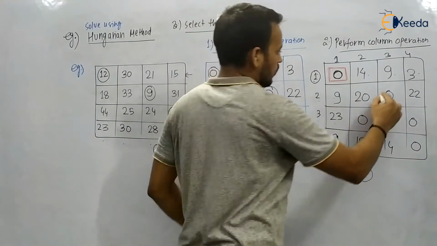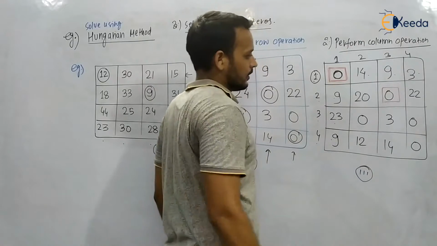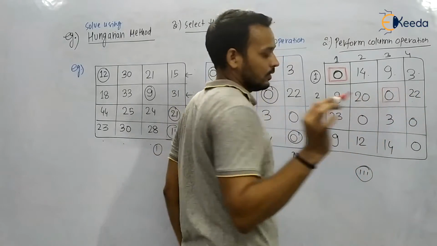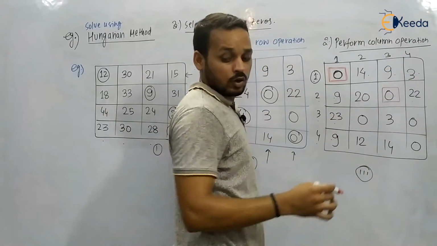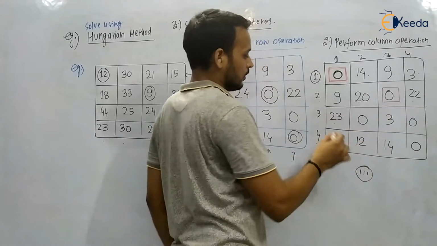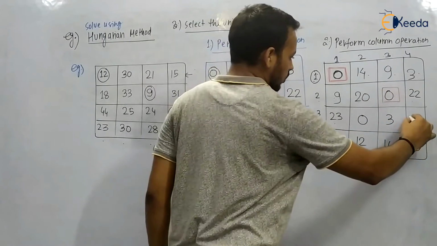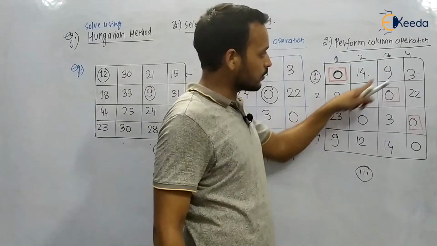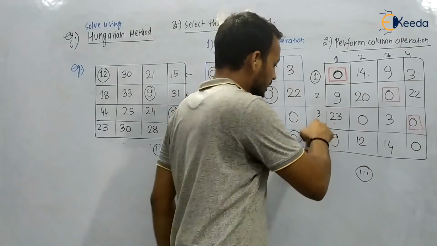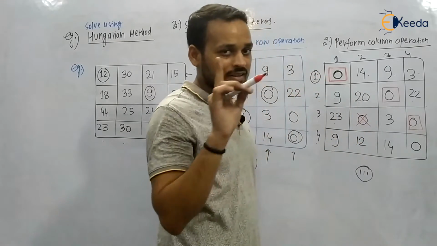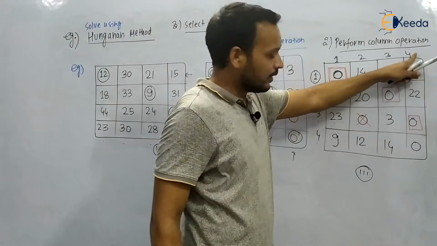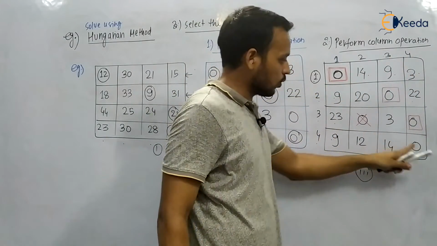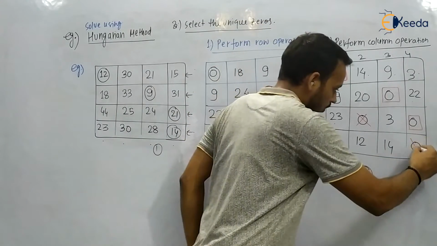See here again, 1, 0. We have selected this zero. You can see factory 2 has supplied to destination 3, so it cannot supply to this destination, and this destination has taken the items from this one, so it cannot supply here. Now the third one: suppose you select this zero, it means factory 3 has supplied its item to destination 4. So this zero can't be selected, and since destination 4 has received from 3, it can receive only from 1, so this zero can't be selected.